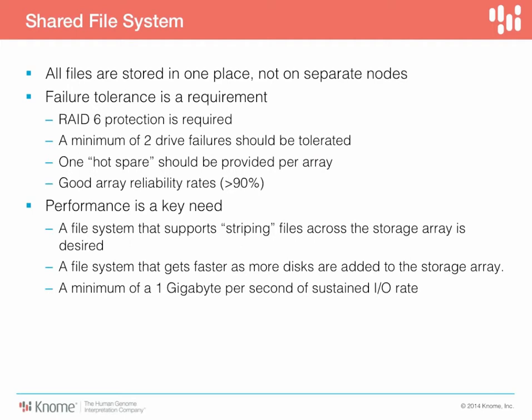And typically, you want a decent input-output, or I/O, rate. And we'd love to see something at least around 1 gigabyte per second. And this is all achievable with certain shared file systems. Again, I'll give you more details on GNOME's solution to this in a few slides, but just wanted to set this up as one of our requirements or recommendations for NGS Informatics.